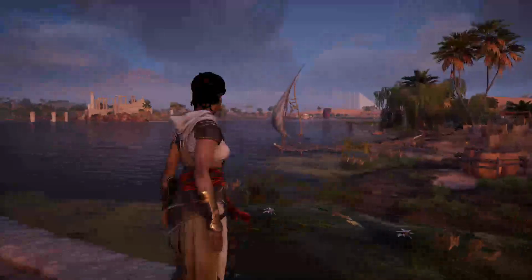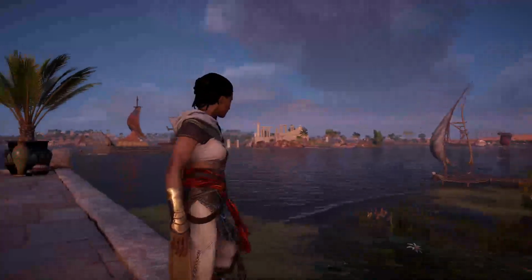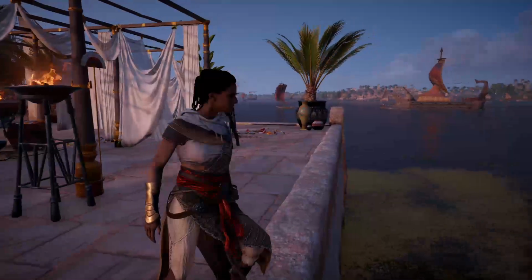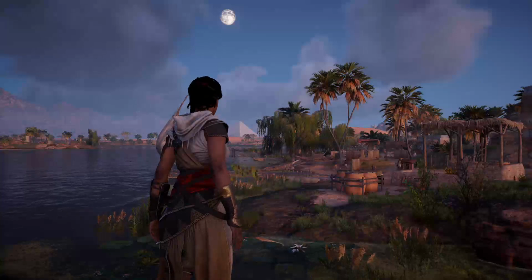From animals with their own hunting hierarchy, the food chain, to the people themselves and the interactions the player has with the world.